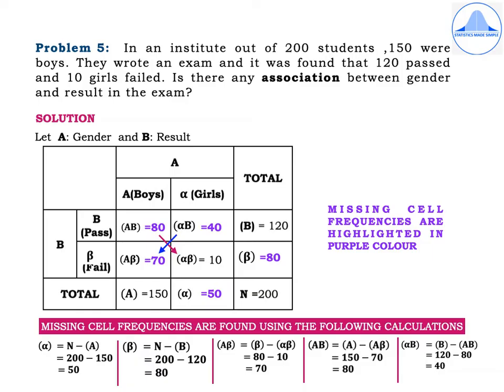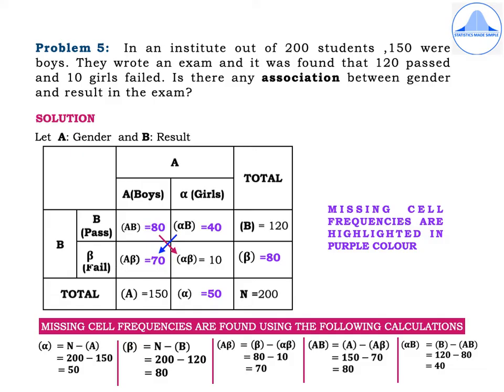So the total number of students who passed the exam is 120. So corresponding to row B, the cell frequency total is B equal to 120. And 10 girls failed means that girls who have failed are equal to 10. So write it in the cell corresponding to alpha beta as